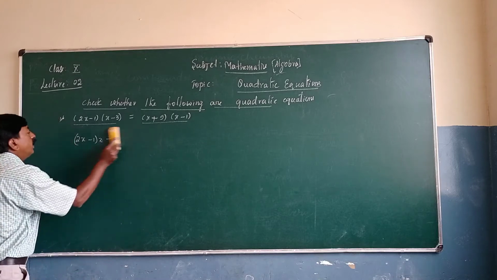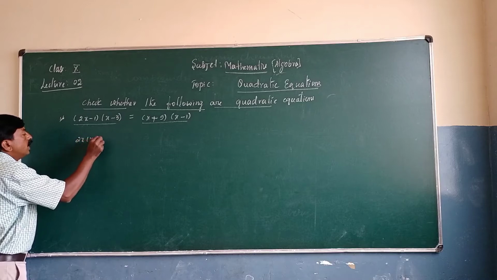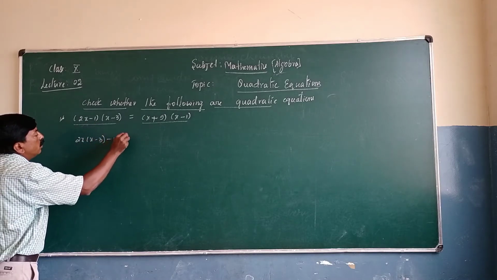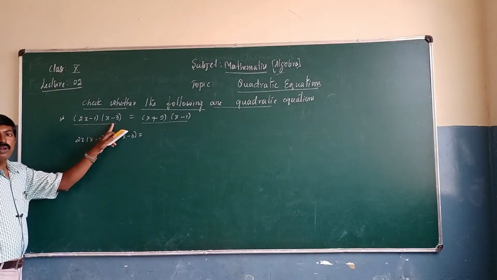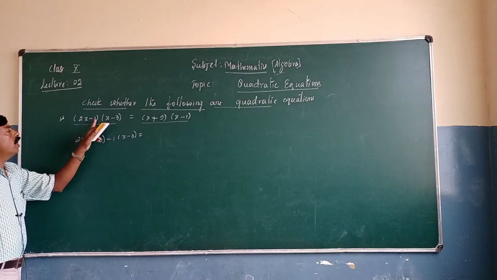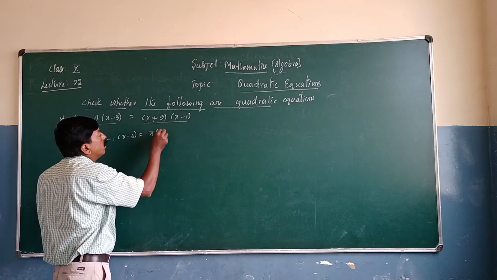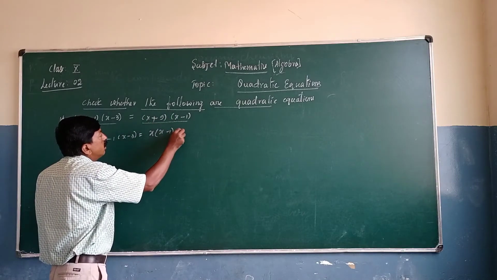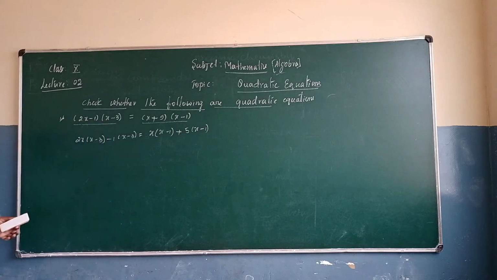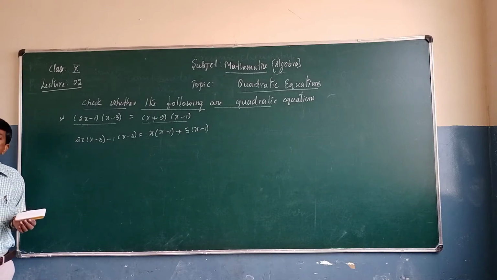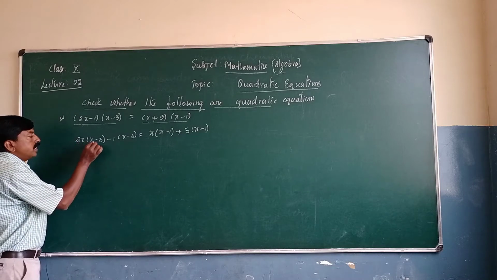Or whatever we did in previous class, like that only you can write (2x)(x - 3) - 1(x - 3). This is very easy. Monomial with binomial, minus sign, monomial with binomial, which is equal to monomial with (x - 1), plus sign, (x + 5)(x - 1). I think you already know the distributive property. So, left distributive property.